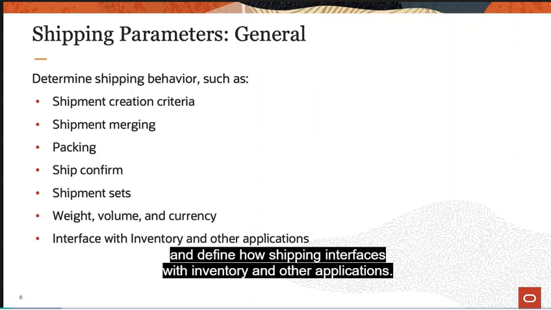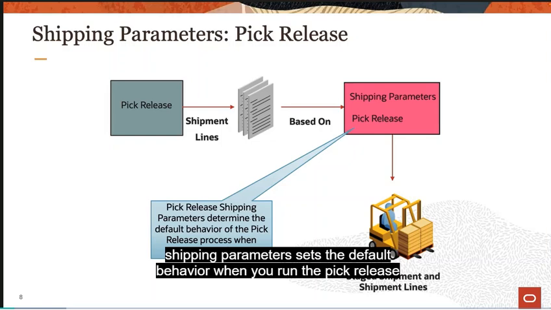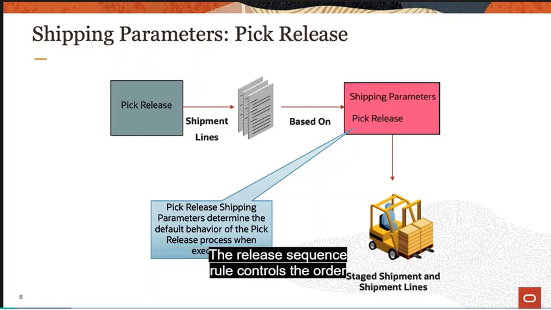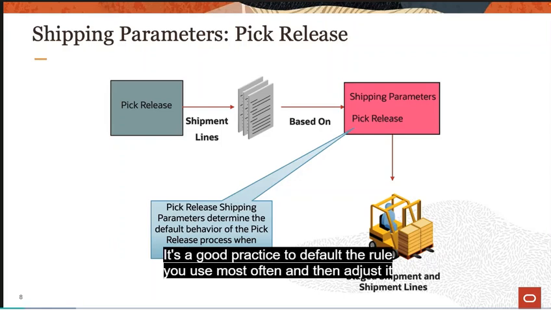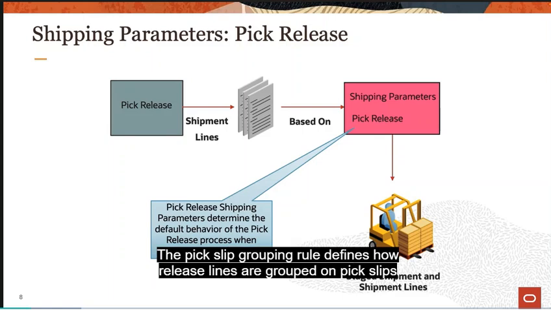This diagram highlights how the pick release shipping parameters set the default behavior when you run the pick release process. The release sequence rule controls the order in which shipment lines are allocated to inventory, and it appears as the default on the pick release page. It's a good practice to default the rule you use most often and then adjust it as needed when you launch pick release. The pick slip grouping rule defines how release lines are grouped on pick slips and how pick